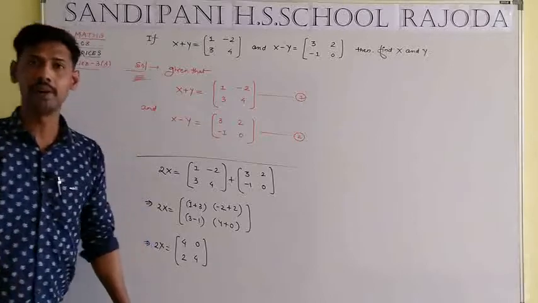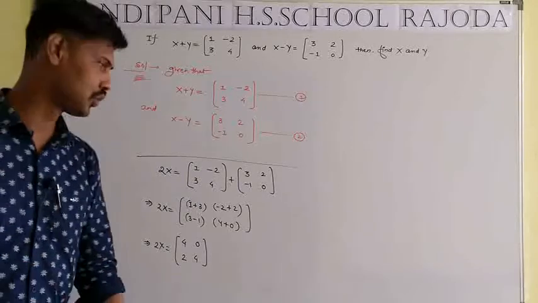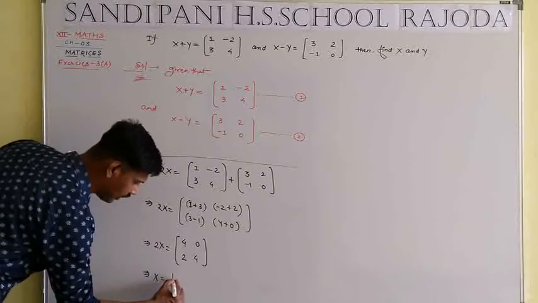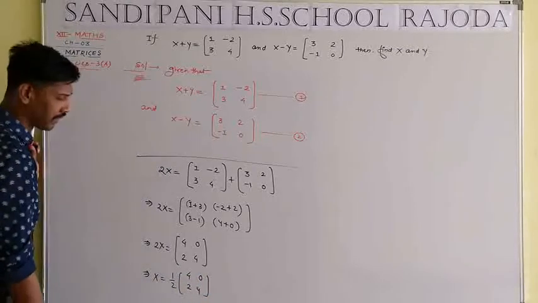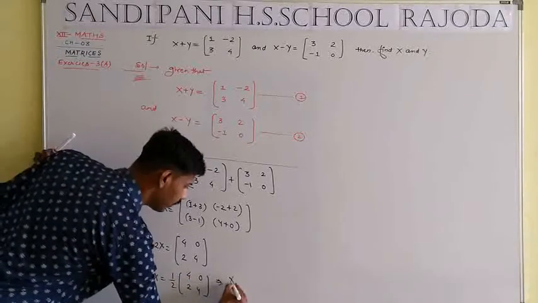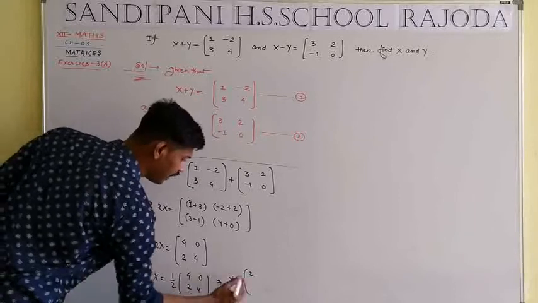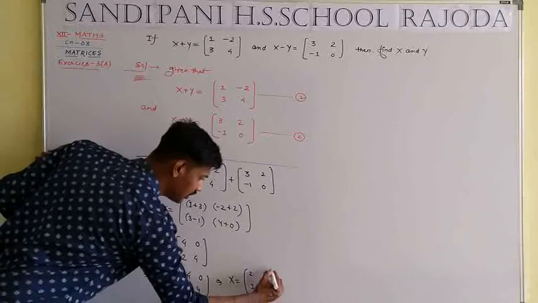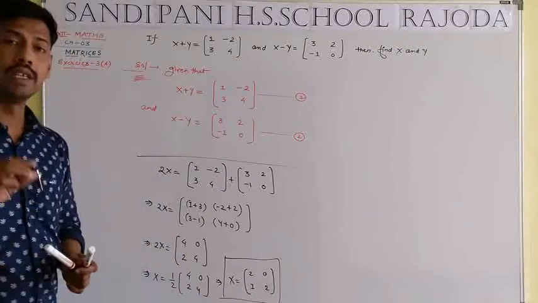But we have to find the value of x, and here we are getting 2x. So 2 is a coefficient of x, so convert it into the denominator: 4 0 2 4. That means each and every element is divided by 2. So the required solution of x: 4 divided by 2 equal to 2, 0 divided by 2 equal to 0, 2 divided by 2 means 1, and 4 divided by 2 means 2. I hope you are getting the value of x in matrix form.